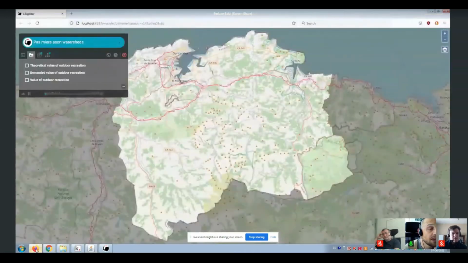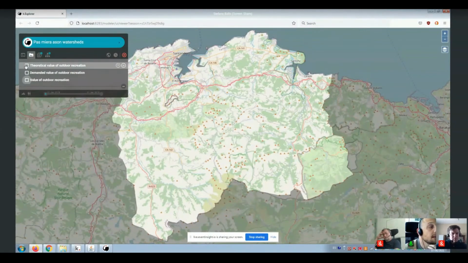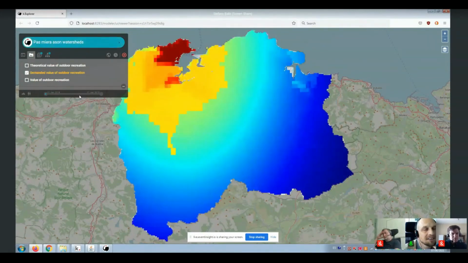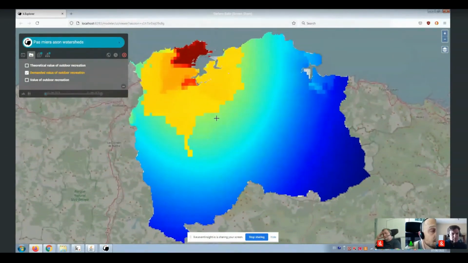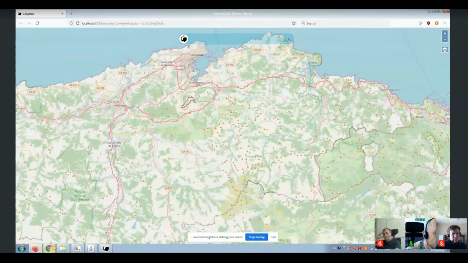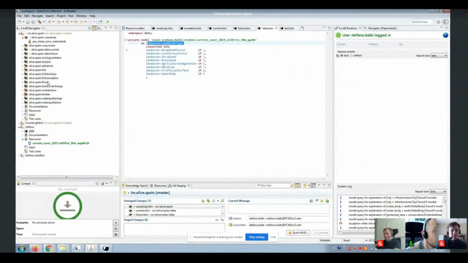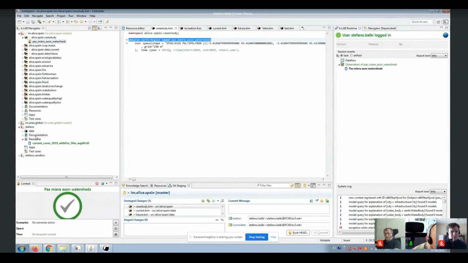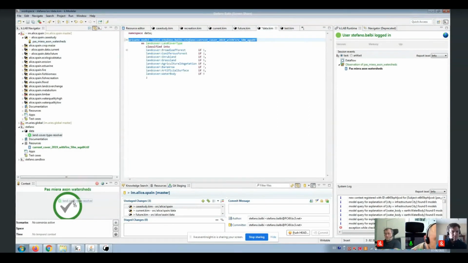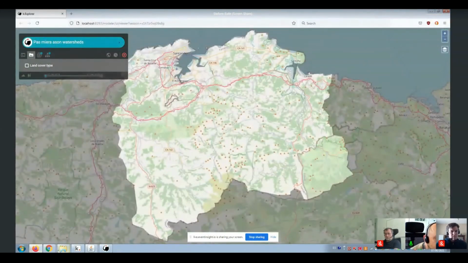Meanwhile, the model is running, and this is the output. Okay, something has happened using my own data. Something must be, it doesn't like the land cover that I used, so I need to check again what's going on. Or one thing that can be done is to force the observation before running the model. So you can do something like running the case study, putting the data, observing the data, and this is it.